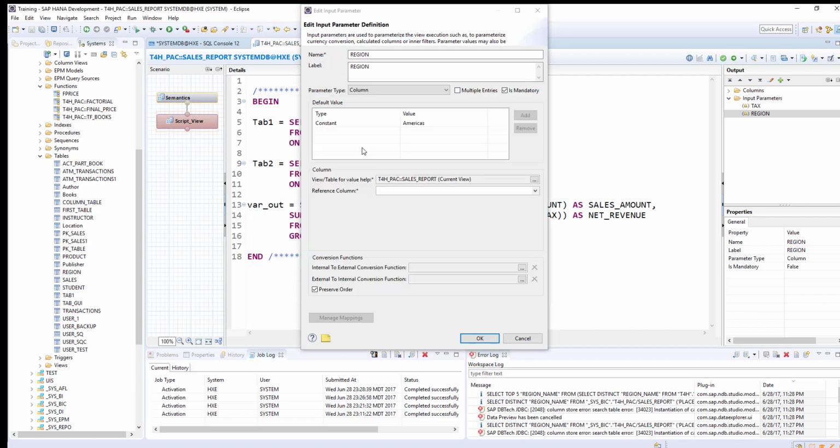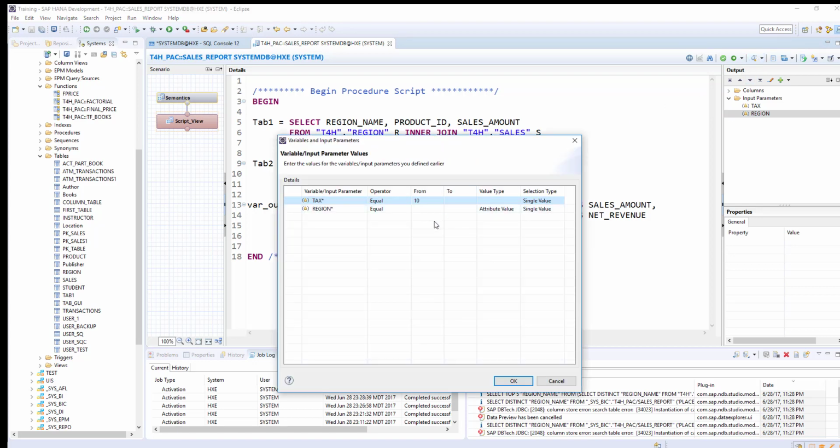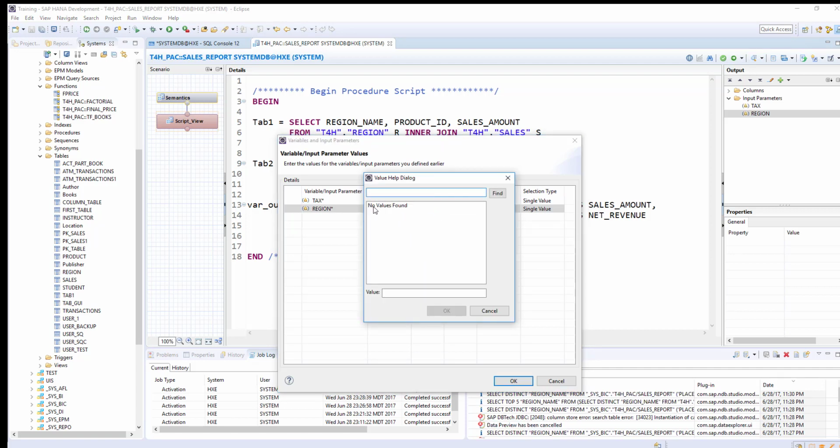Sales report and region name, I make it mandatory, and I'm going to remove this. Okay, activate, data preview. So here we don't have a default value, and if I see, no values found,